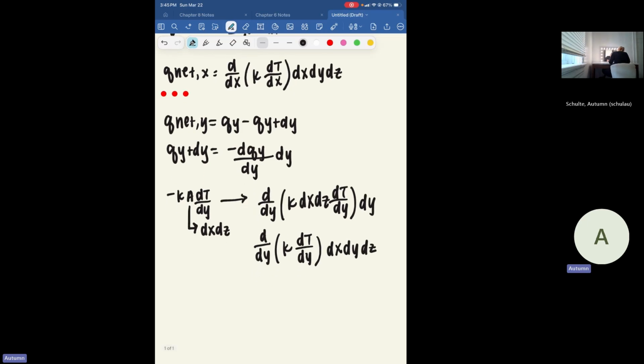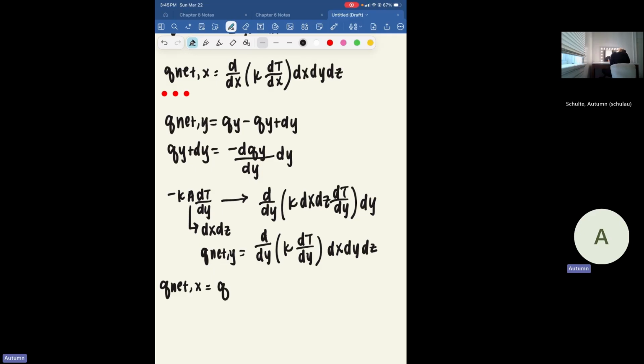The same is going to go for our z direction. So the net heat flow in our z direction is going to equal the heat flowing at some position z